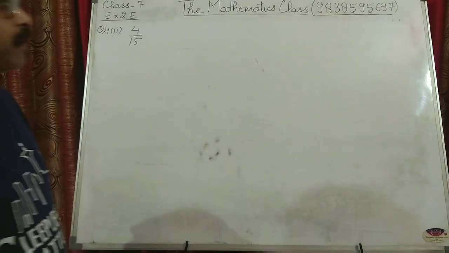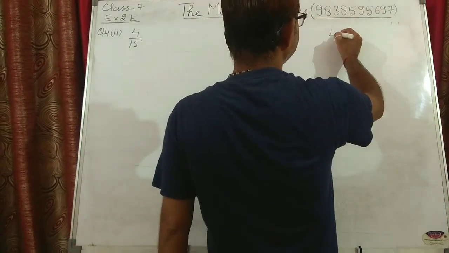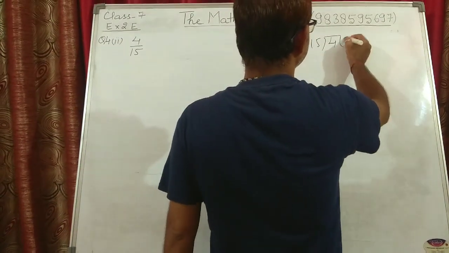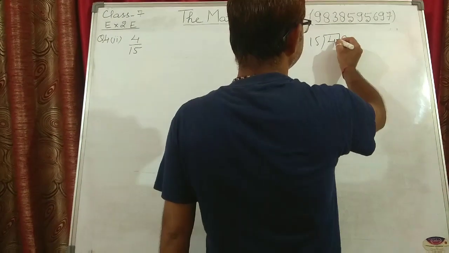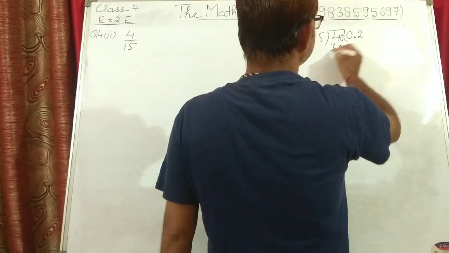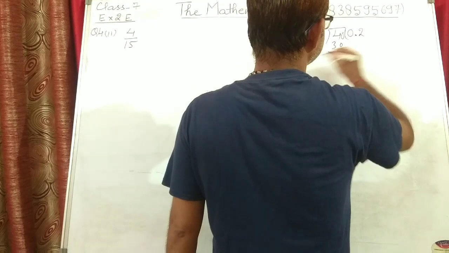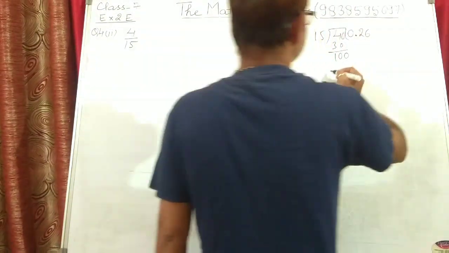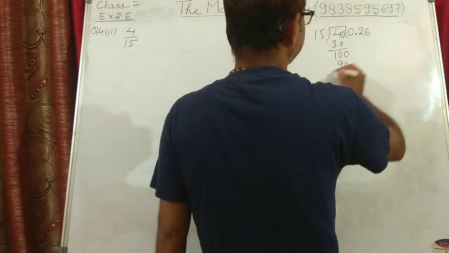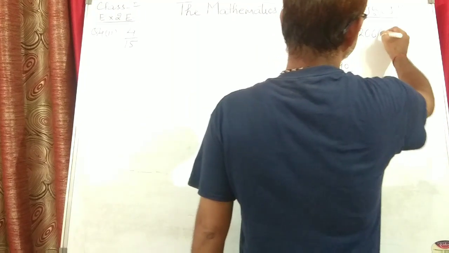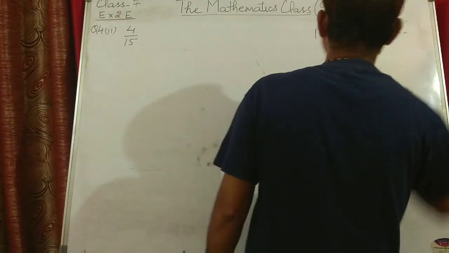Second question is 4 upon 15. So what are you going to do? Simply divide 4 by 15. When you divide, you put a 0 and a decimal sign. Here it will be 40. So 15 2s is 30. Now 10 is left. Again put a decimal. Now 15 6s are 90. Now again 10 is left. Again a decimal.